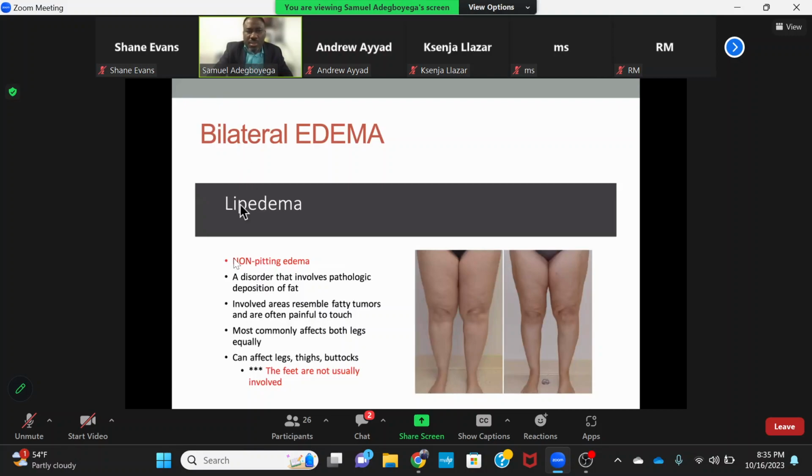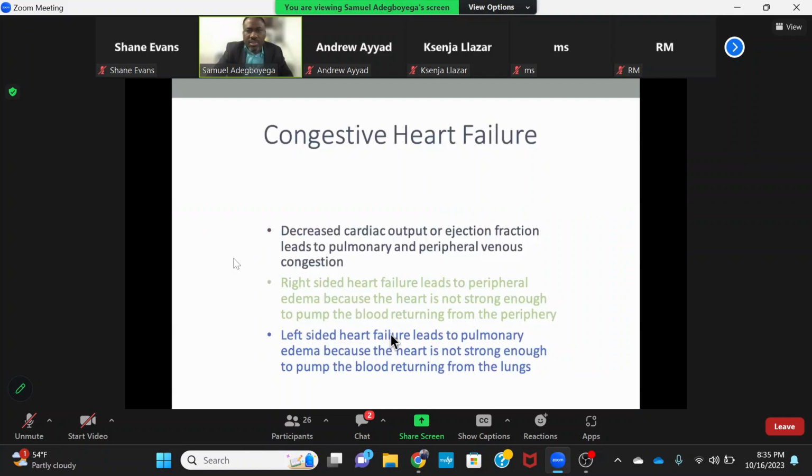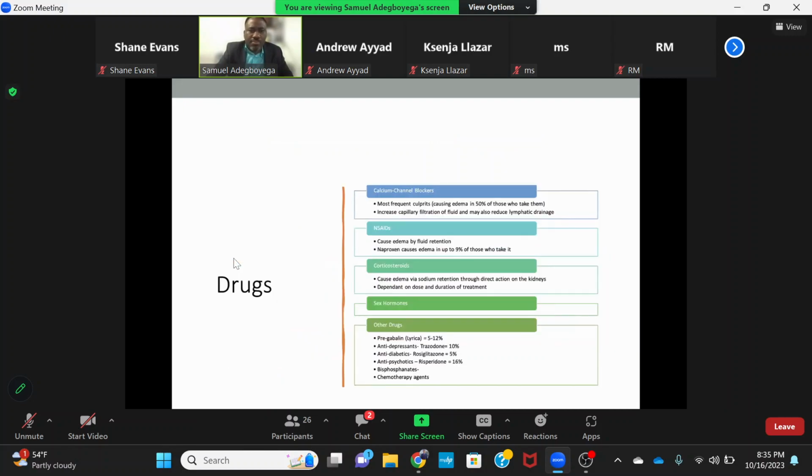Non-pitting edema, remember we talked about lipedema. Lipedema does not affect the foot, okay, it does not affect the foot. This is what we're talking about before: pretibial myxedema caused by Graves' disease, hyperthyroidism, orange peel appearance, non-pitting edema. Congestive heart failure can lead to bilateral edema, renal problems, bilateral edema. These drugs, you should know these drugs: calcium channel blockers, NSAIDs, corticosteroids, sex hormones, and other drugs, they could all